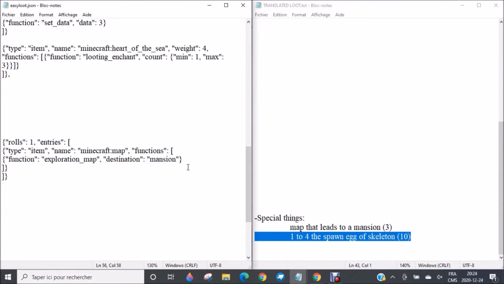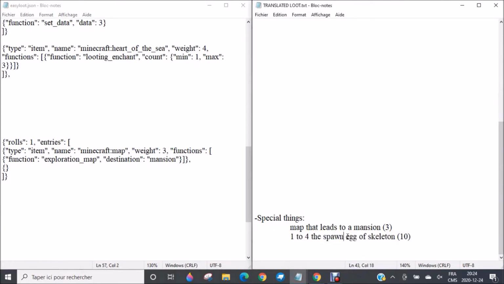Now you also need to specify your next entries. And thinking about this, I forgot to put the weight. And the weight will be, we said 3. Okay. Here we want to have 1 to 4 spawn egg. Okay, of skeleton. and a possibility of 10, which means that